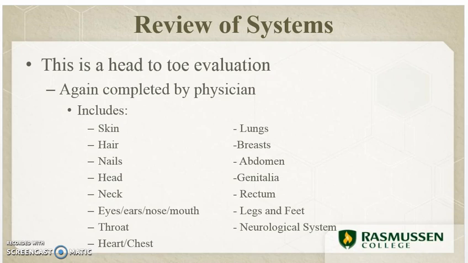With the skin, the physician will inspect and palpate the skin. This will indicate the patient's nutritional level and hydration. Hair will be next. They'll look at the color, texture, distribution, quantity, and growth patterns. This will help to determine if there are any conditions such as alopecia, which is hair loss. Then we'll look at the nails, which again will look at color, texture, size, and shape, looking for possible circulatory